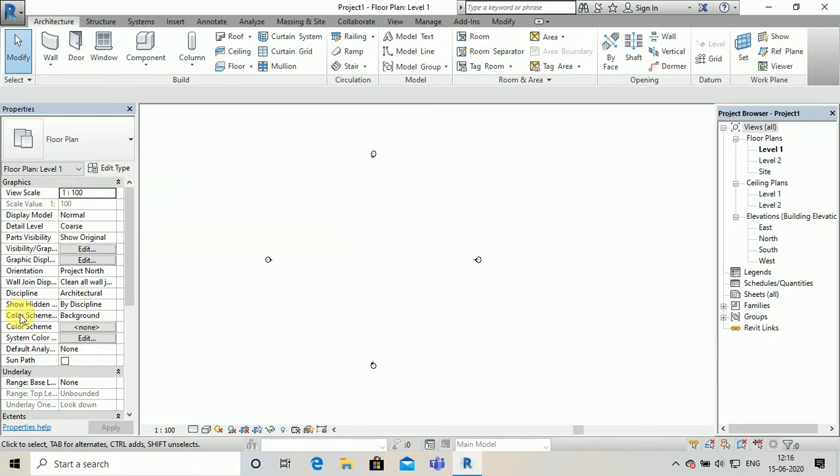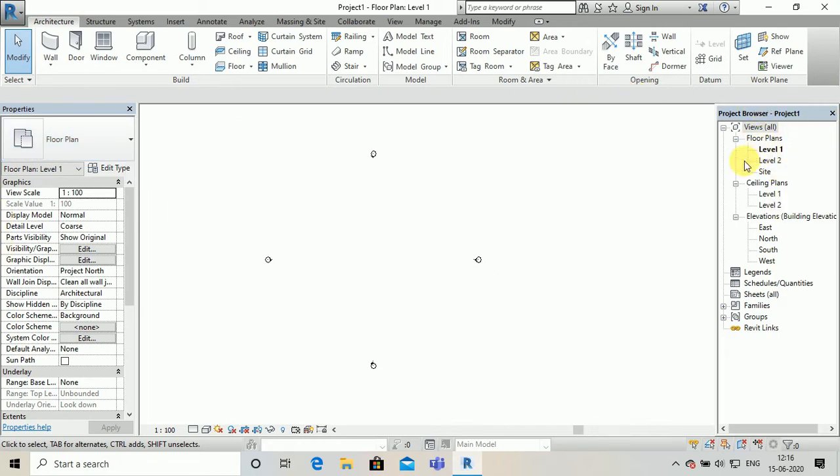This is edit type, and here these are the quick properties. We can change the property of the type that we make, or whatever project we make, whatever material we make, we can change the properties of that thing. So the upper portion is known as type properties, and the lower portion is known as the quick properties.